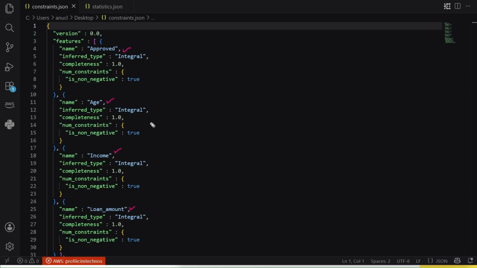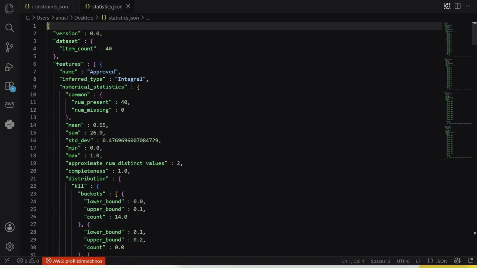For example, SageMaker has determined that all 4 columns contain integer values, have no missing data, and are expected to contain only non-negative values. The statistics file contains the numeric summary of our training dataset. For example, SageMaker has calculated that the dataset contains 40 records.